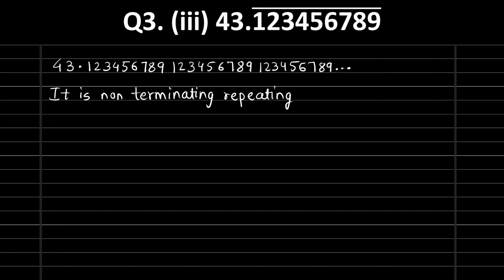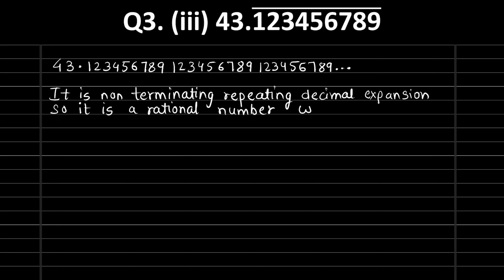So it is a non-terminating, repeating decimal expansion. And all the decimal expansions which are non-terminating, repeating, are actually rational numbers. So we can say, since it is non-terminating, repeating, it is a rational number which can be expressed